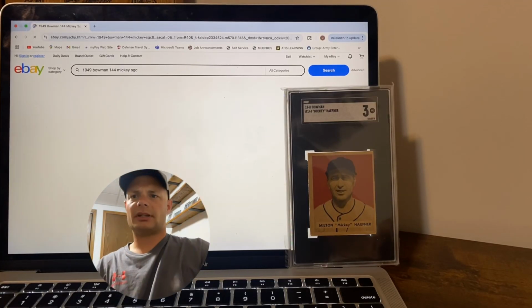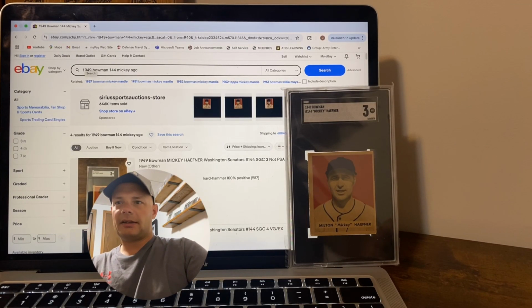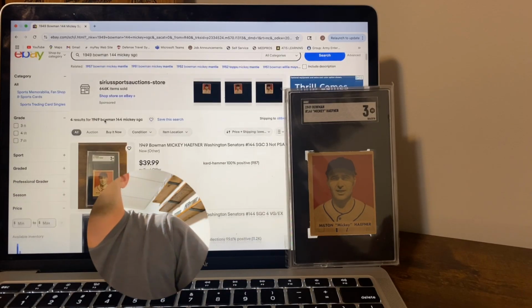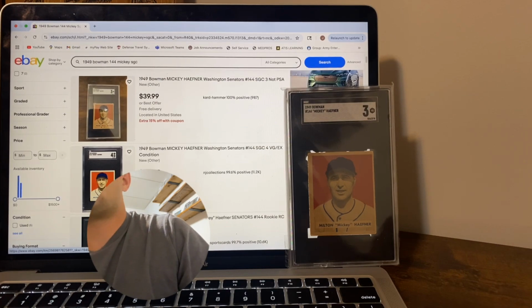A lot of times when it gets to these older ones with vintage, I won't put the grade in there, just so I get more results and I get an idea where things are at. See, that's only SGC 3, the one I have listed on eBay,